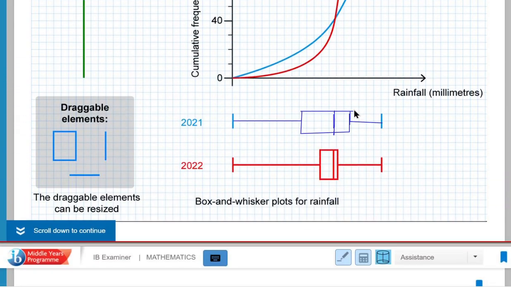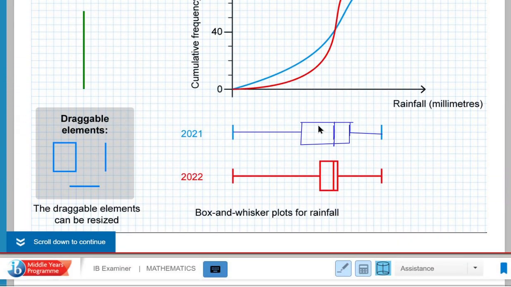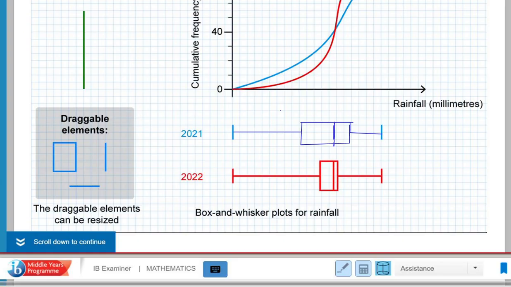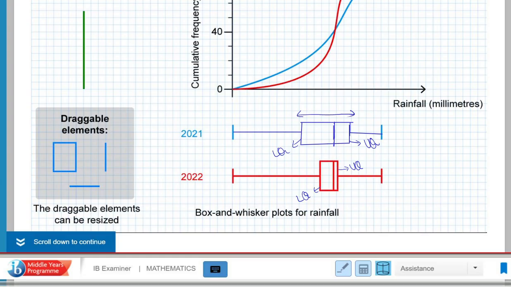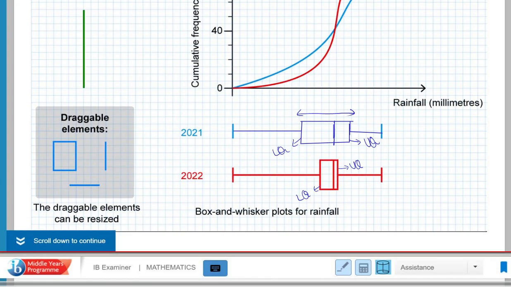And what about the interquartile range? The interquartile range, as I explained earlier on, for the 2021 value is supposed to be higher. Why? Because as I explained, this is the upper quartile and this is the lower quartile, right? This is the upper quartile and this is the lower quartile. So the gap in this range is quite a lot as compared to 2021's range. It's quite a lot, right? So you have to mention that